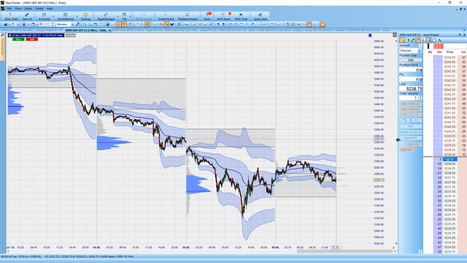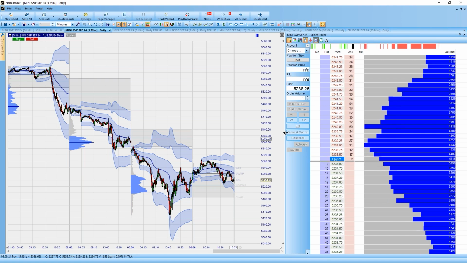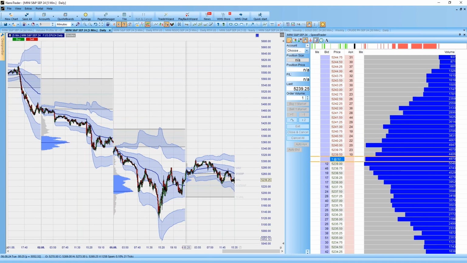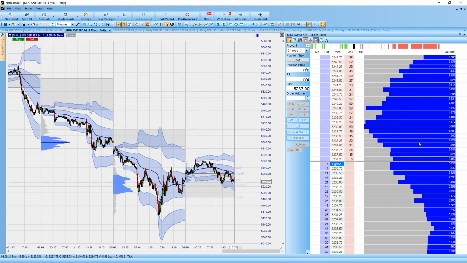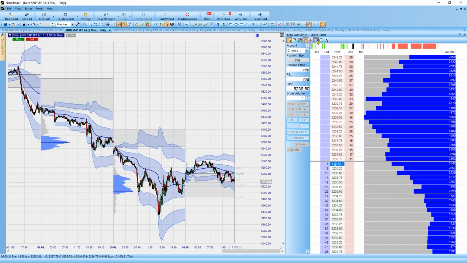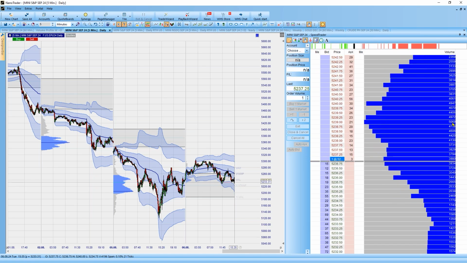Then there is another feature which was added, and you can only use it if you have subscribed to the CQG history. If you use the extended historical data from VWD, they have not this information included, so you need the CQG historical data, and then you can not only visualize the volume profile in the chart itself, but you can also use the volume profile directly in the order book, so in the so-called speed trader, and it's this button, the third one from the right, where you can activate or deactivate directly this new function here in the speed trader itself. And you see also directly how many contracts were transacted at a certain price level,